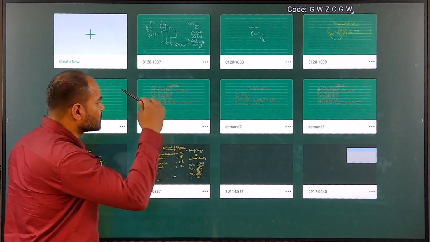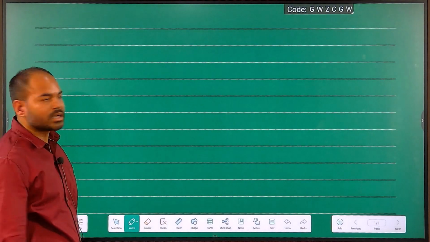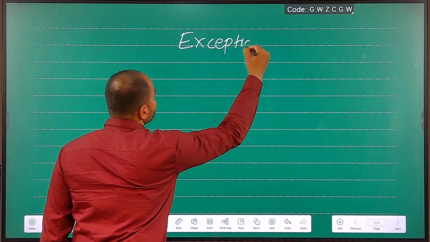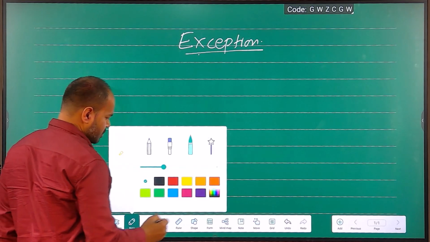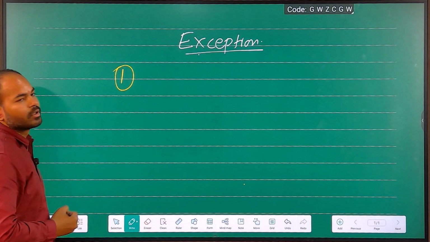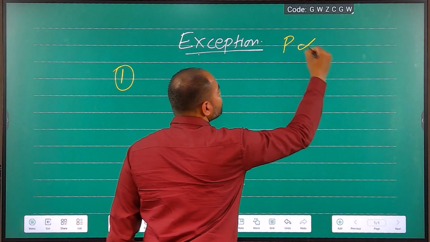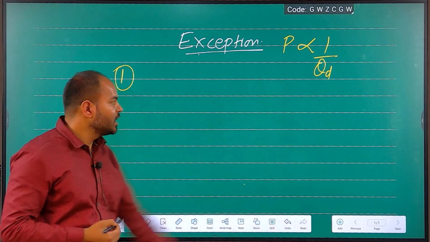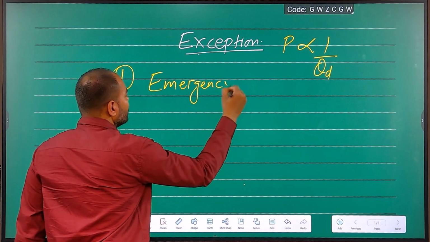The next topic is exceptions to the law. What are the exceptions to the law of demand? Now let's see what are the exceptions. There are a few exceptions to the law of demand. Exceptions means when this relationship is not followed. In which cases is this relationship not followed? In case of emergency, in case of war,